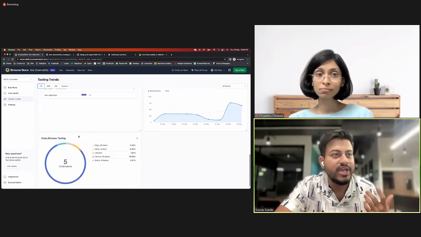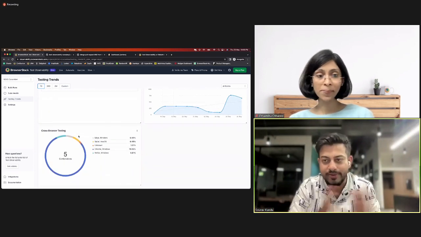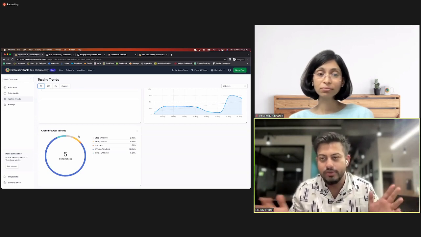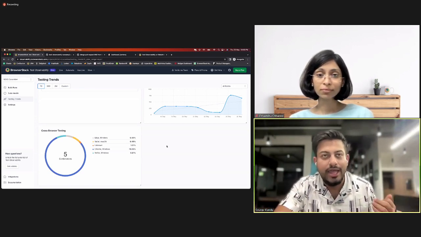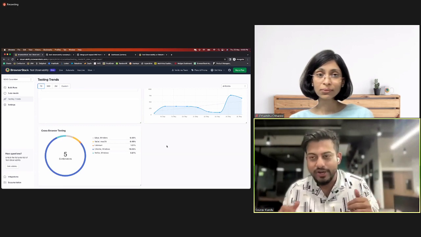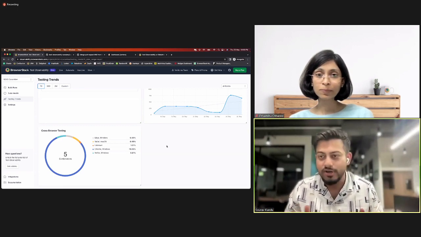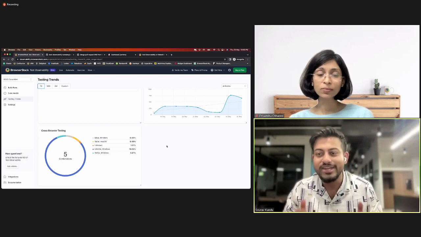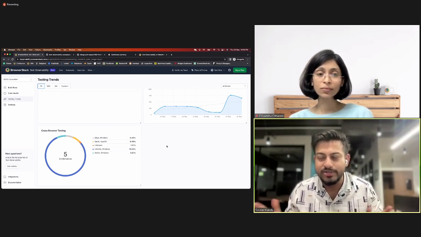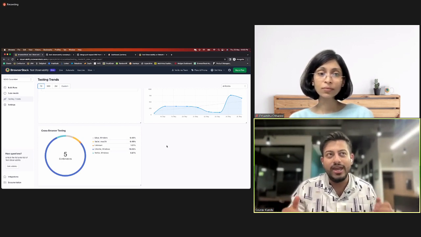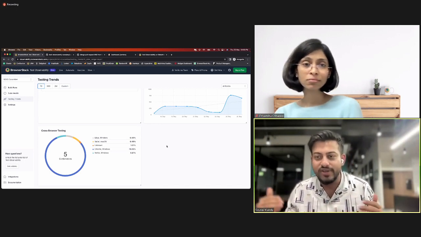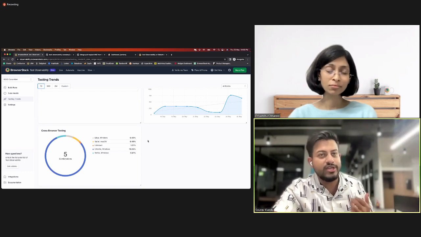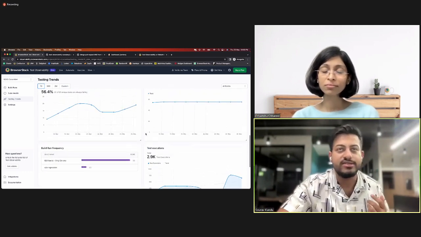And last but not the least, we have the spread of cross-browser testing that you're doing, right? You can get a feeling of that for each project that you have. And again, to reinforce, this is 6 months of work. We are just starting. We are not done yet. There are so many more problems that we want to solve, and this will improve over a period of time. We'll add more features and functionalities. So yeah, that's testing trends for you.